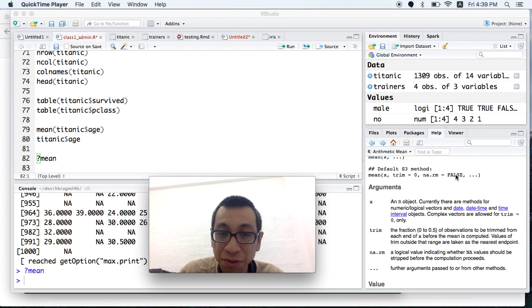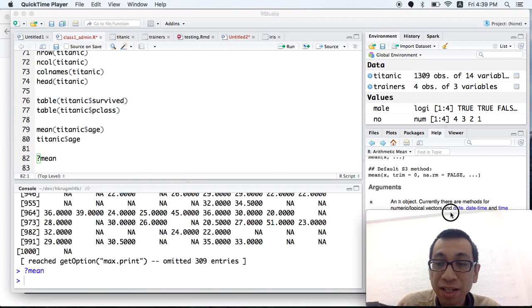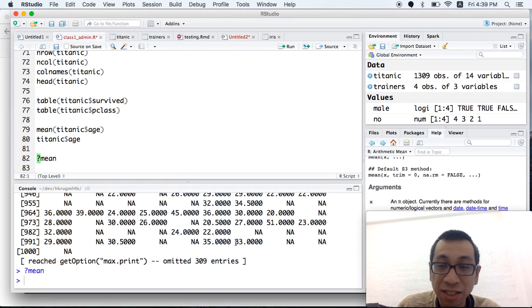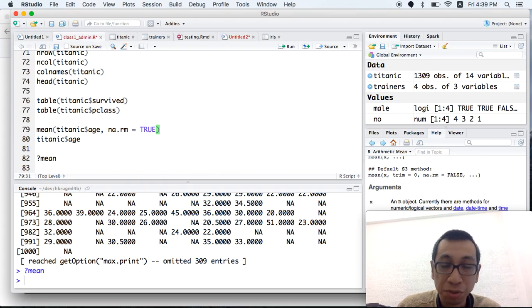By default it's FALSE, meaning it will not remove the NAs before computing the mean. Because our data has some NAs in it, we need to remove those NAs before doing the computation. So we should add one more argument, na.rm, and this time it should be TRUE.